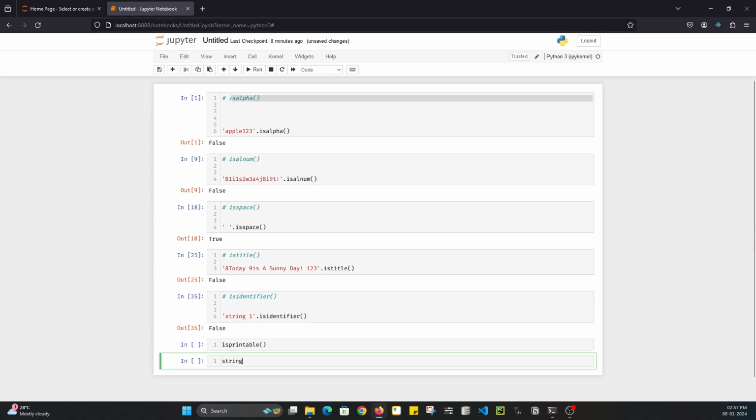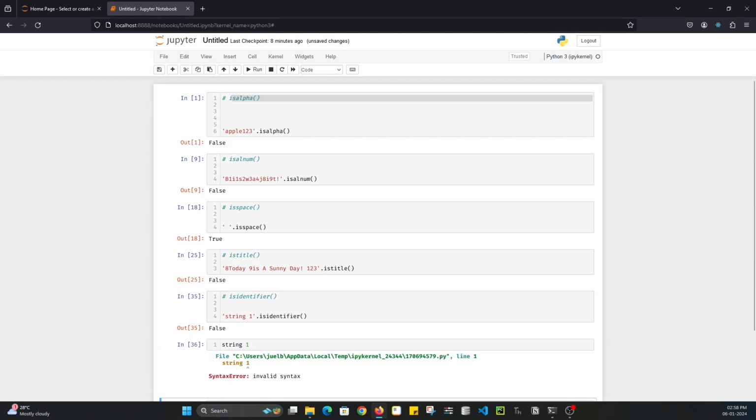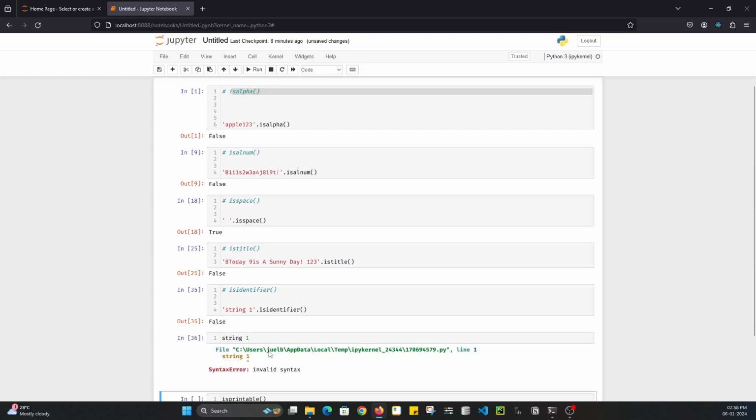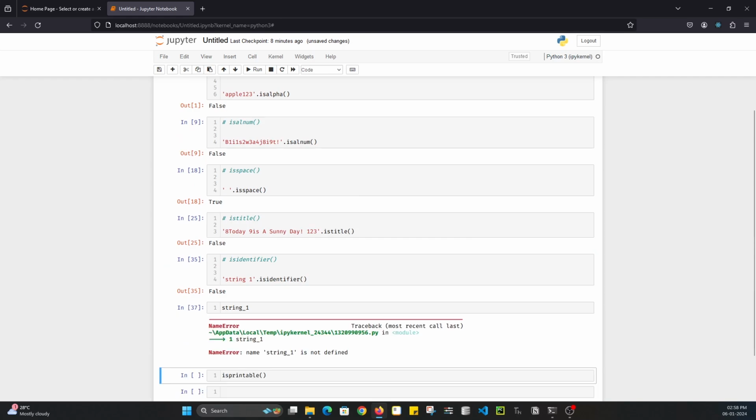Because that doesn't make any sense, right? Even if we verify that, let's suppose I give string space one, it gives us an error, because it doesn't know what this is. But if we give string underscore one, now it gives us a different error. It says that this is not defined. Just to make it more clear,